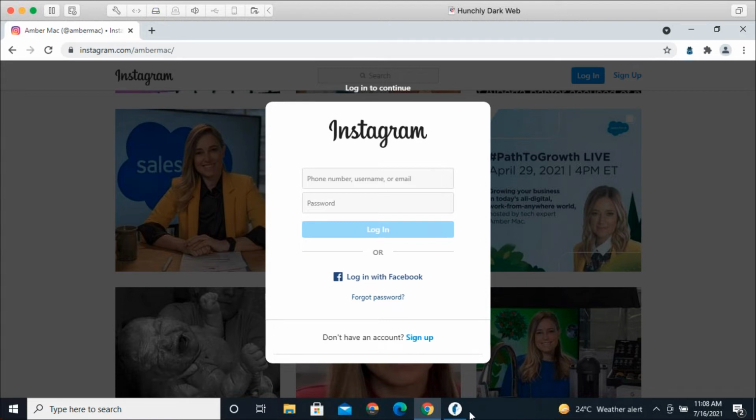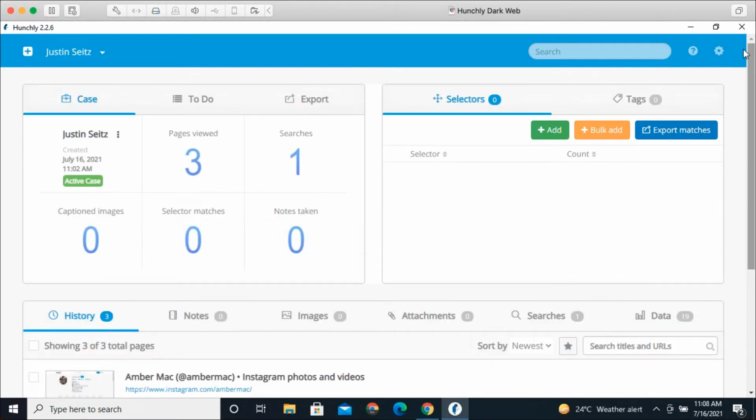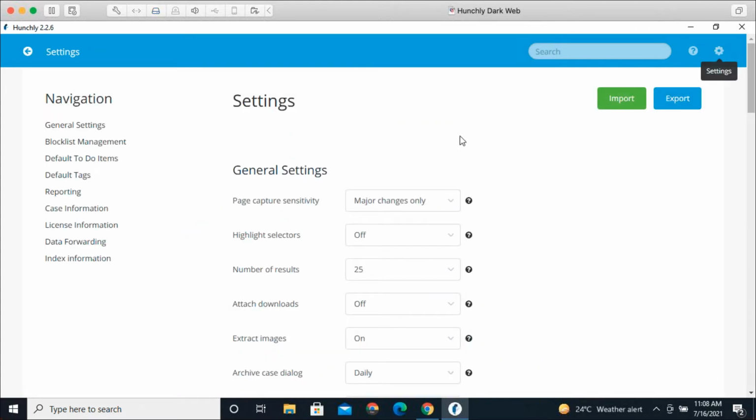Now, there's a way to work around this. If you go into your Hunchly dashboard, in your settings at the very top, page capture sensitivity. It says major changes only. Okay, this is where it's going to continually update the same capture up to 30 minutes. So that's where that updated timestamp comes into play. We're going to switch this to all changes,